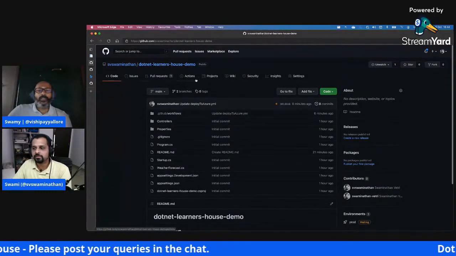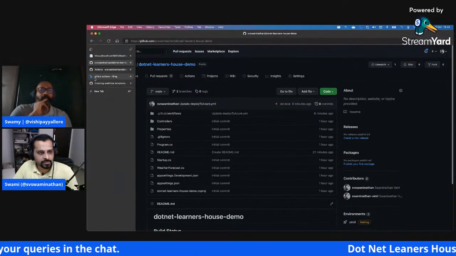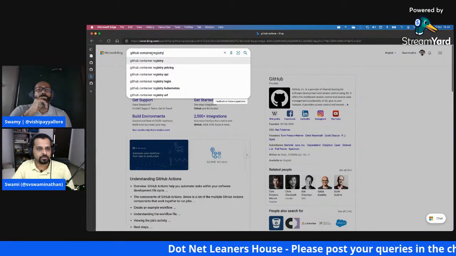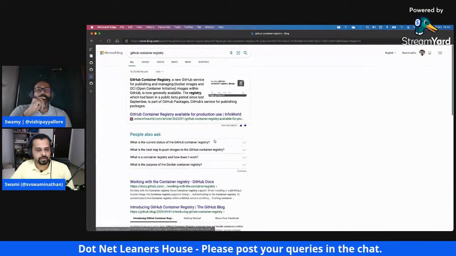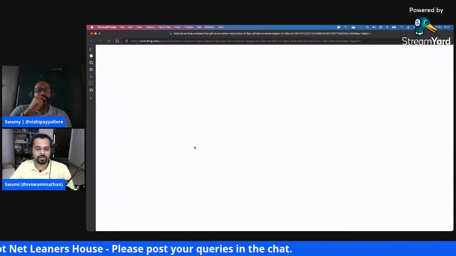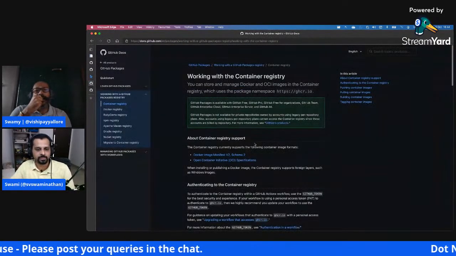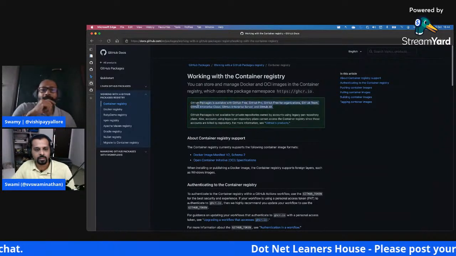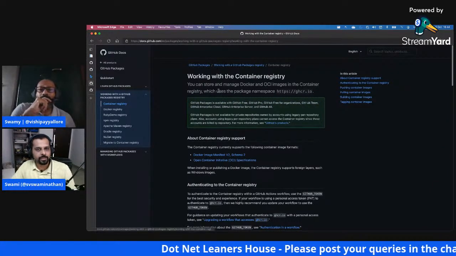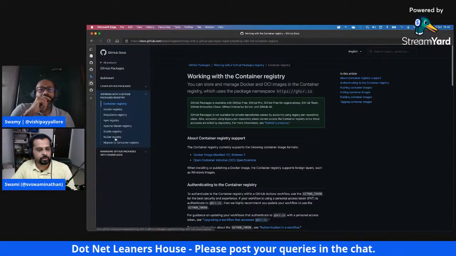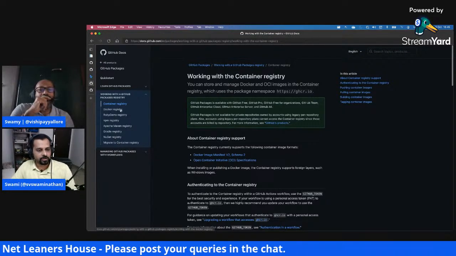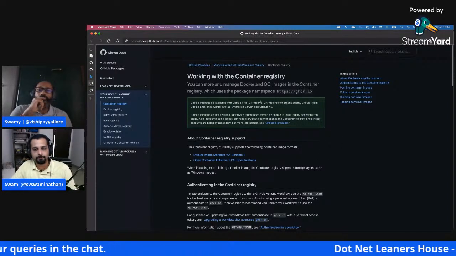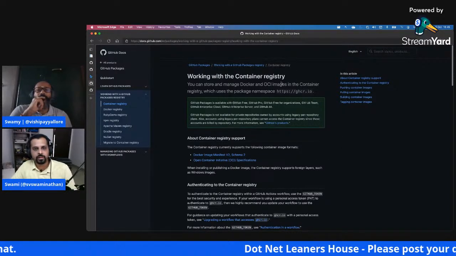Oh, they are hosting a registry of images also? Yes, GitHub Container Registry, like Azure Container Registry. It's called GHCR, so you will have the name as ghcr.io and so on. As part of GitHub Packages, you can have all of these registries: NuGet registry, container registry, Docker registry, NPM registry, Apache Maven registry. Everything you can set up as part of your GitHub itself, right?